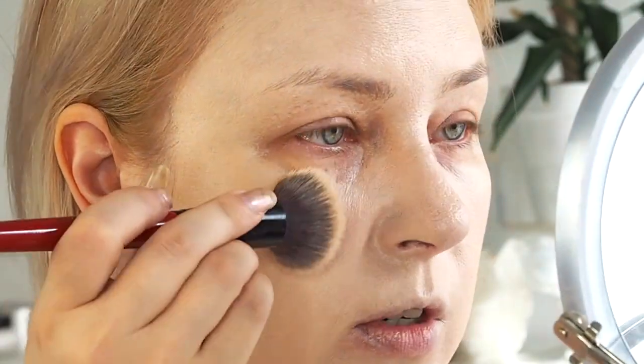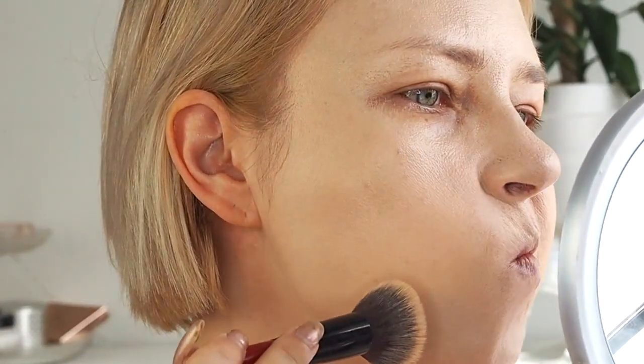This does feel like a foundation that will not set dry. It's very tacky now, so I'll probably have to powder a little bit or just live with the fact that it's definitely not transfer proof. It looks really beautiful on my skin, really moisturizing. The shade is quite close. It's actually a bit cooler than my skin tone, but I can easily warm it up with powder, for example. This starts to look a bit heavy on my chin. That's also something that happens, and I already get...